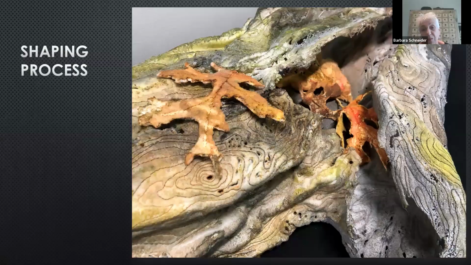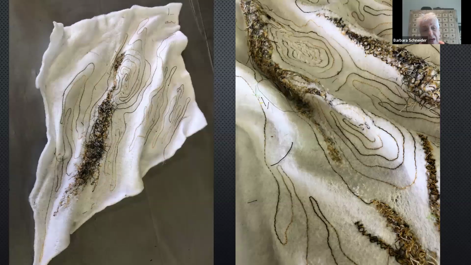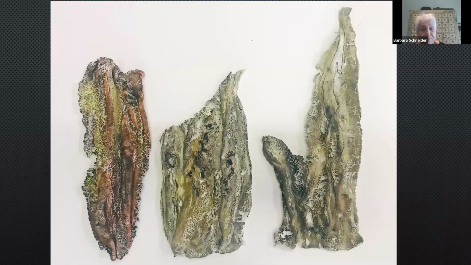This is a little bit about the process. I create these little fragments on the Foss shape and do the stitching and add some of the texturizing in the background, which I use an embellisher to basically break up the thread. I end up with bits and pieces like this.